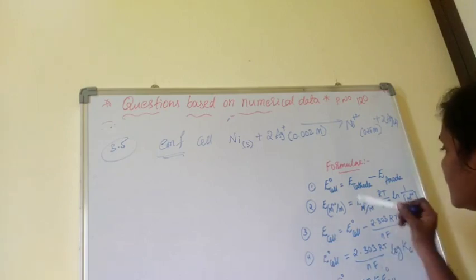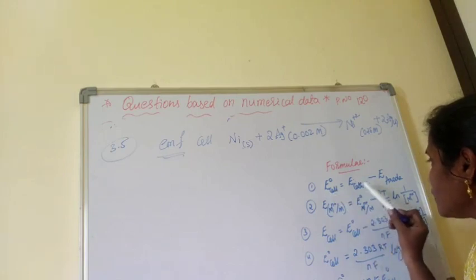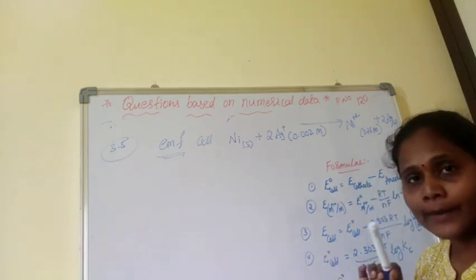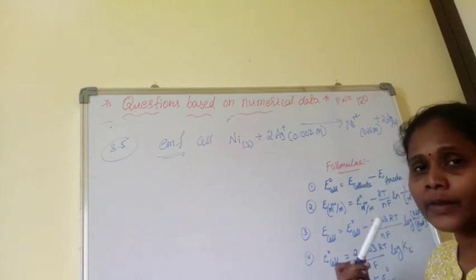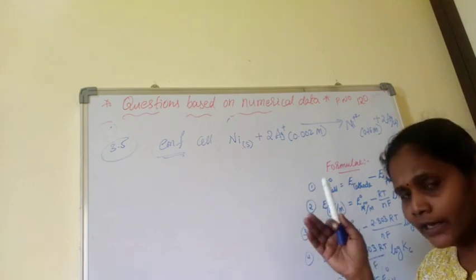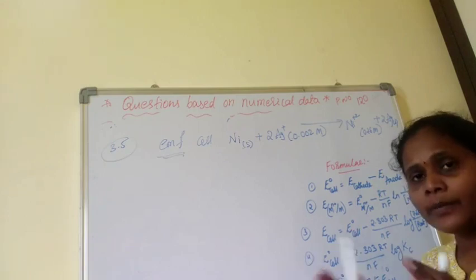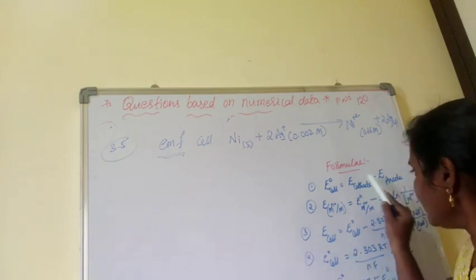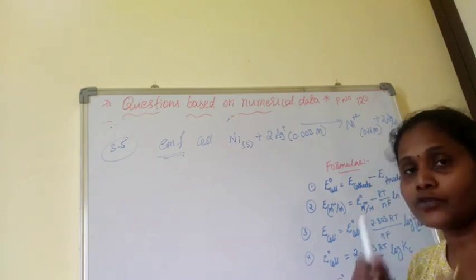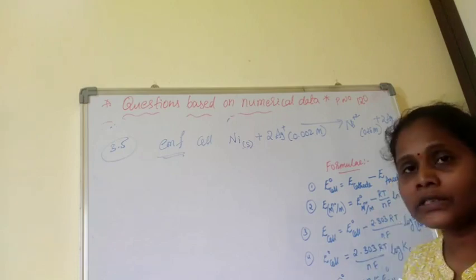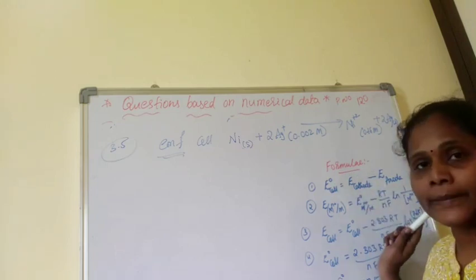Look at the first one, E naught cell, the standard EMF of the cell to be calculated, E cathode minus E anode. I am not confusing you. People also write E right minus E left, and you may get confused. In the galvanic cell, on the right side you write the cathode and on the left side the anode, so people will give it like that. But wherever you see the textbook, it will be cathode minus anode. That is correct, so let us follow one formula properly. Because cathode is reduction and anode is oxidation, you will remember and write it. So you will get the E naught of the cell.